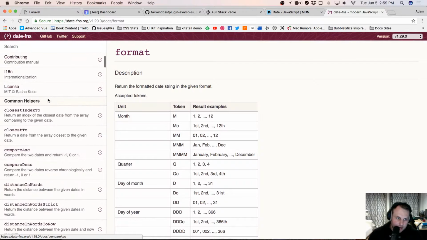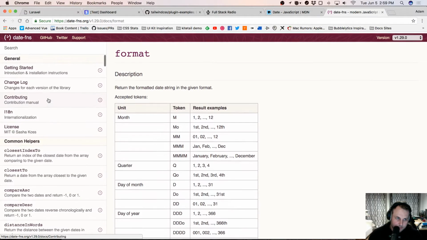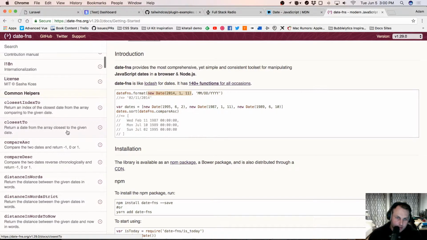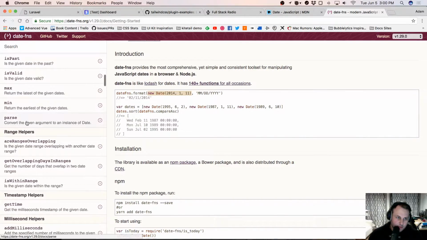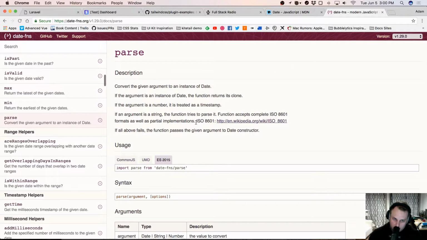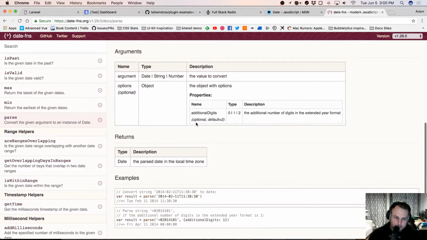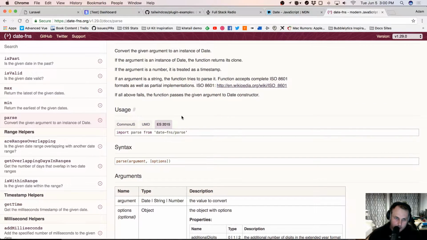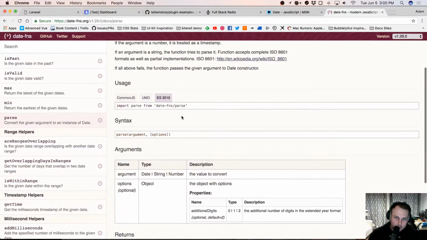Yeah, so how do you create one of these? So you still create a new date. Is there like a function for parsing it from a format? Cool. All right, so why don't we